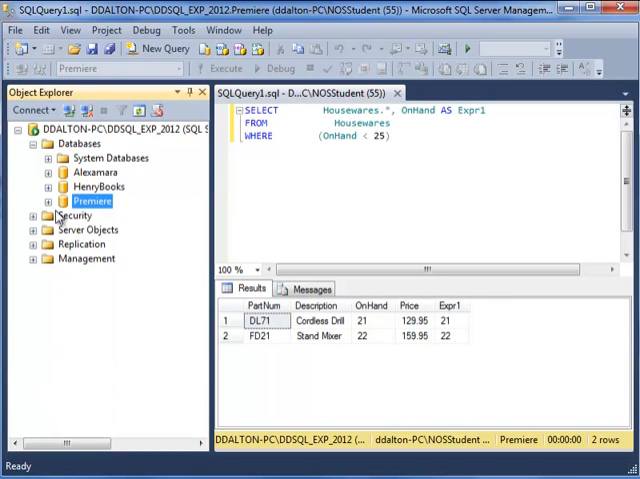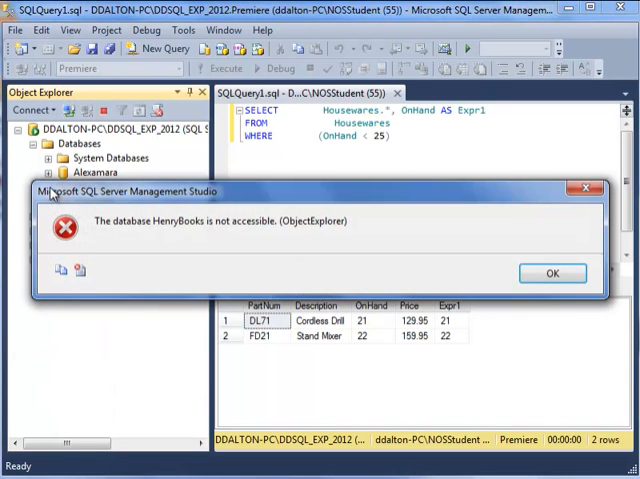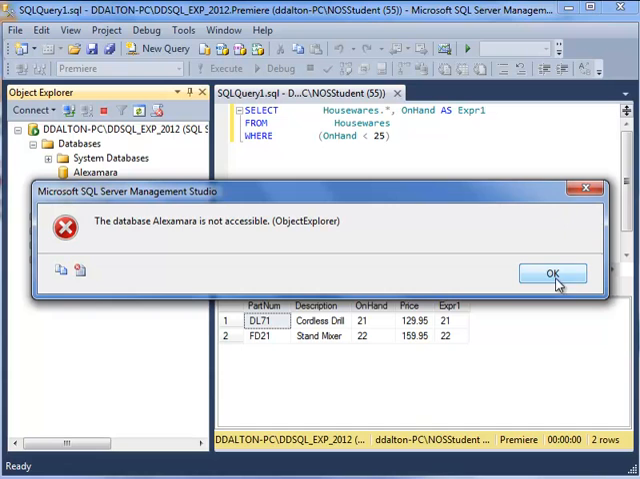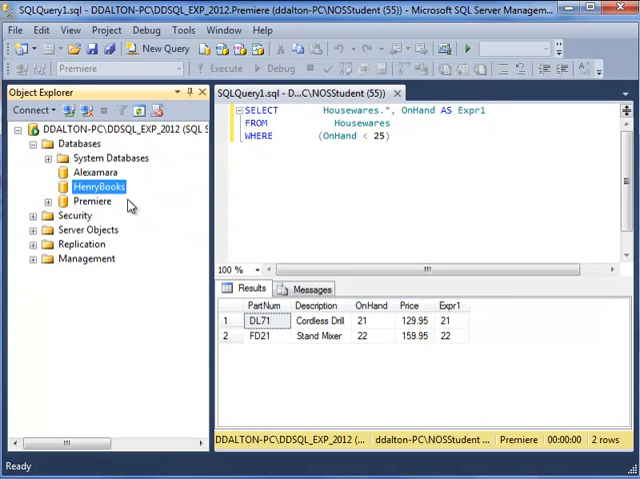Let me go see if I can look in the Henry Books database. No. The database Henry Books is not accessible. I did not give this user access to the Henry Books database. Only the system administrator right now has permission to get into Henry Books. I should get the same error if I try to look at the Alex Mara database. So that shows that you can give specific users access to very specific items and grant them permission to do